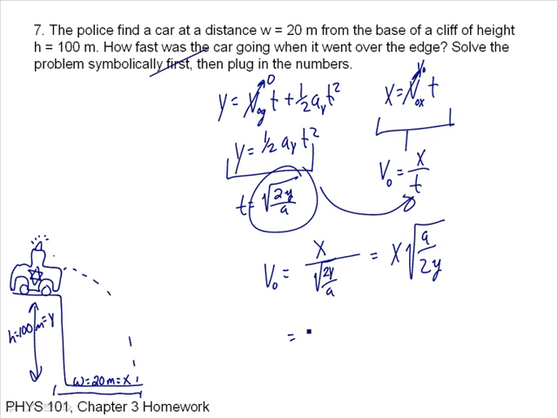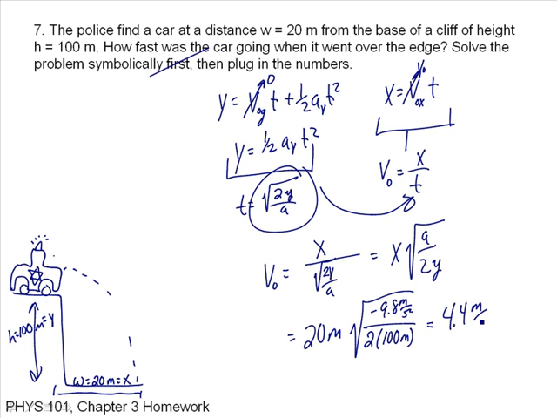So that's equal to x, which is 20 meters, times the square root of a, which is minus 9.8 meters per second squared, over 2y, which is 2 times 100 meters, and that gives me